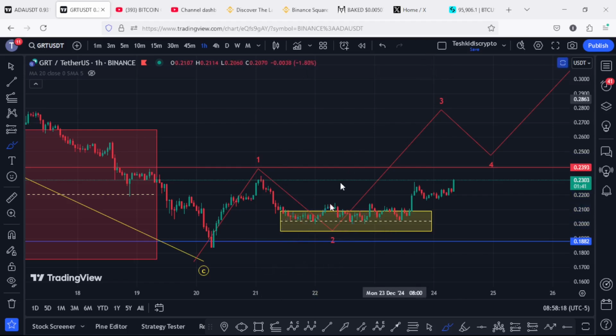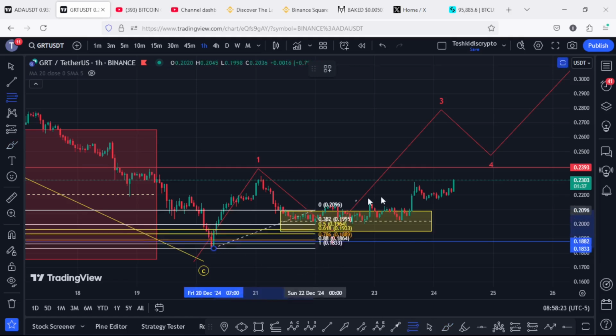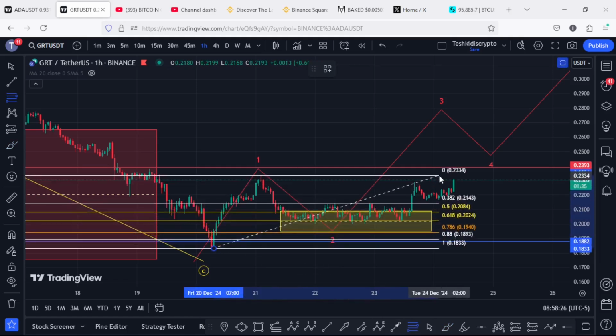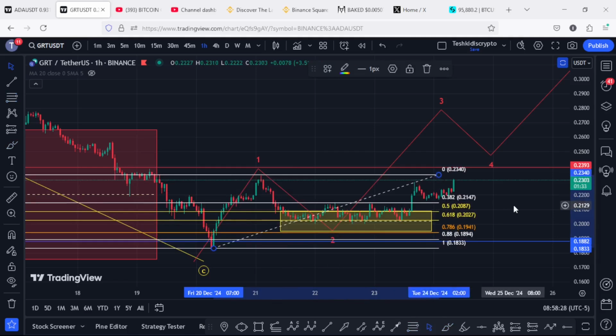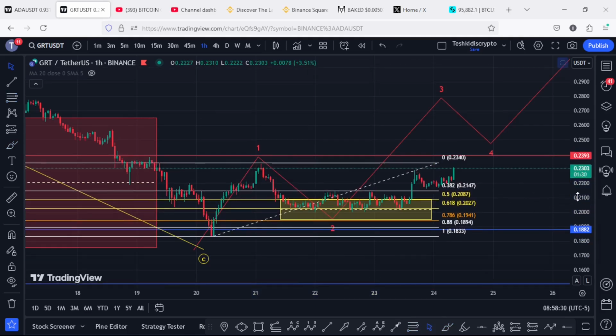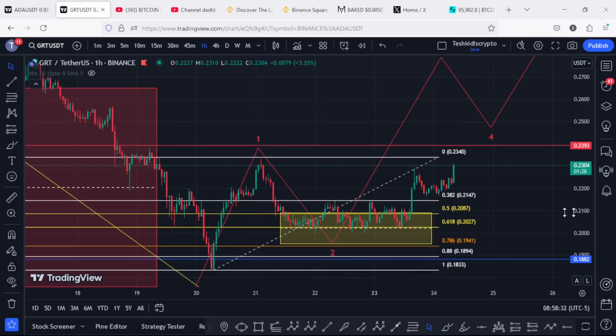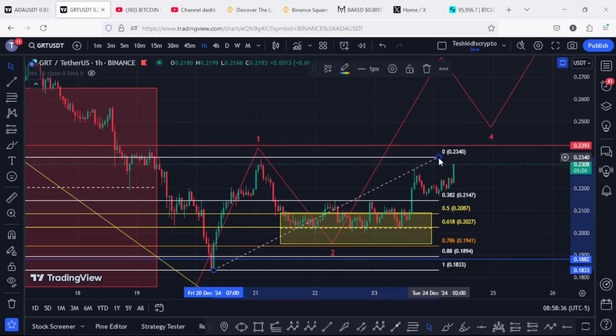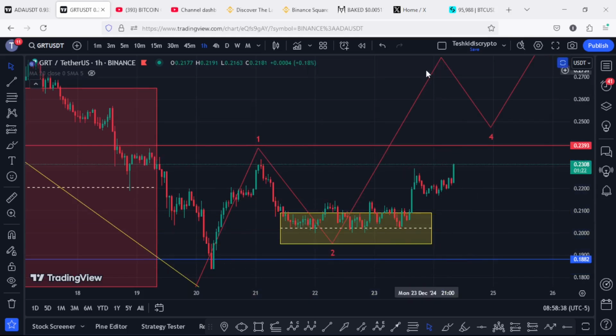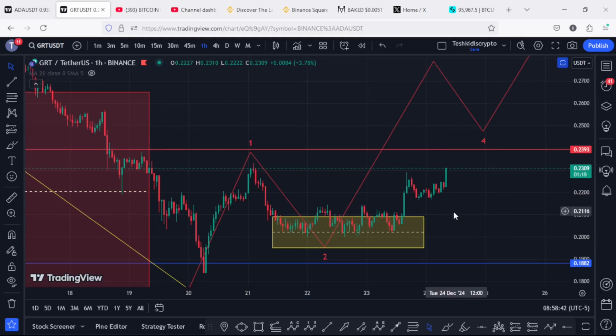an area that I came up with by connecting the Fibonacci from the low of the first wave to the high of that wave 1, giving me a minimum pullback target area between the Fib level 0.5 and the 0.786. And that is an area that we have almost fully maximized, and there are very high chances that we have a low in place in the formation of that wave 2, and whatever is playing out at the moment is